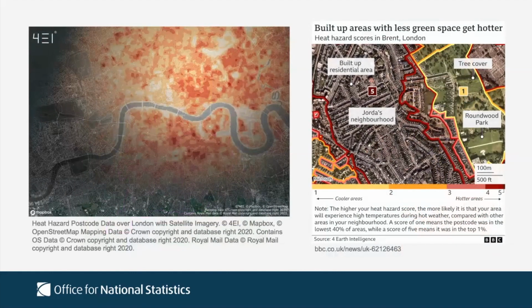So this on the left is a map from Earth Intelligence. They've produced a heat hazard index, which you may have seen reported last summer during the heat wave on the BBC News website; these are the images on the right. This is where they've effectively taken their 30-metre grid resolution data and the index they've created, and apportioned it to, in this case, I think it's LSOAs,